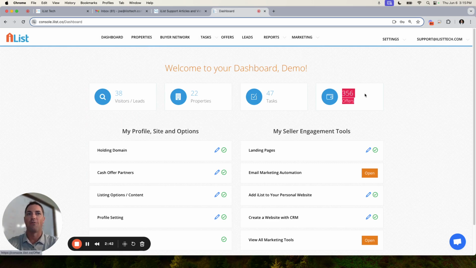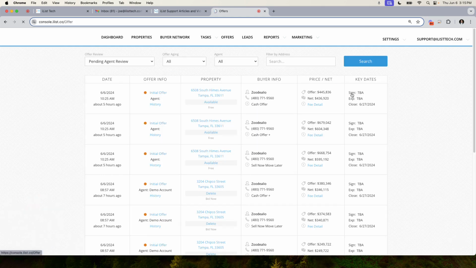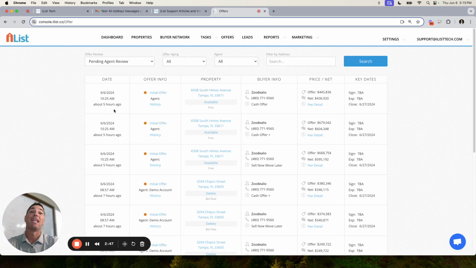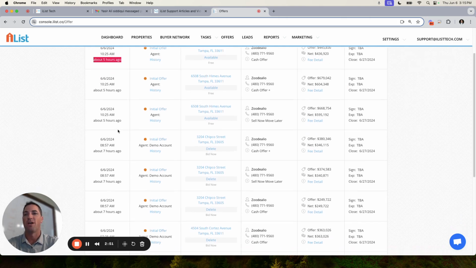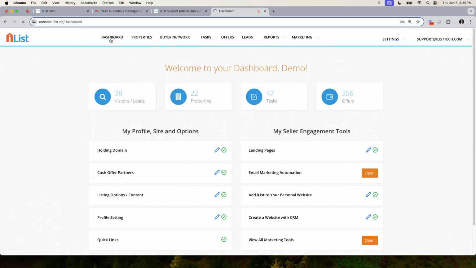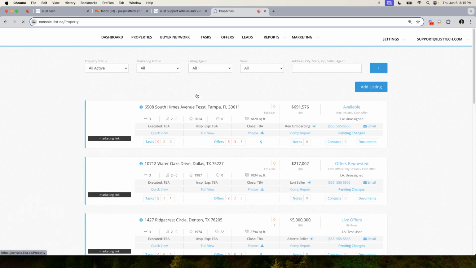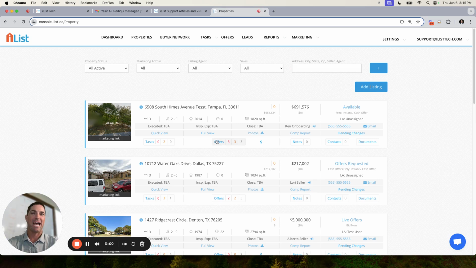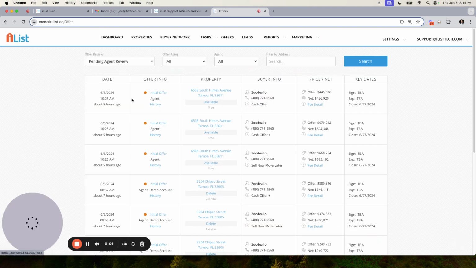And then you have your offers. Once again, I'm in a demo account, so we have a lot of offers on this property. Notice we track every offer down to the second for you. So as buyer agents are making offers to your properties, as iBuyers are coming in and making offers, we track everything down to the second. So in your offer report, you have a complete running history of every offer on every property. If you want to see what that property is,